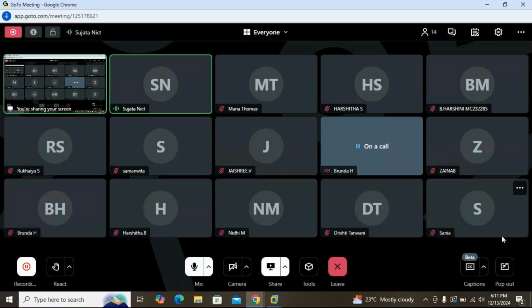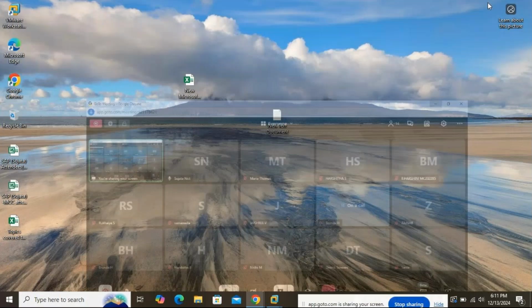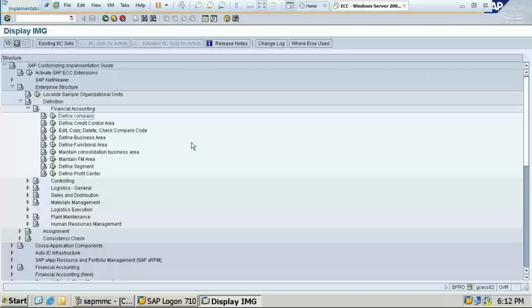Yes, students, understood this? So how to create the company? Next we are going to create the company code.